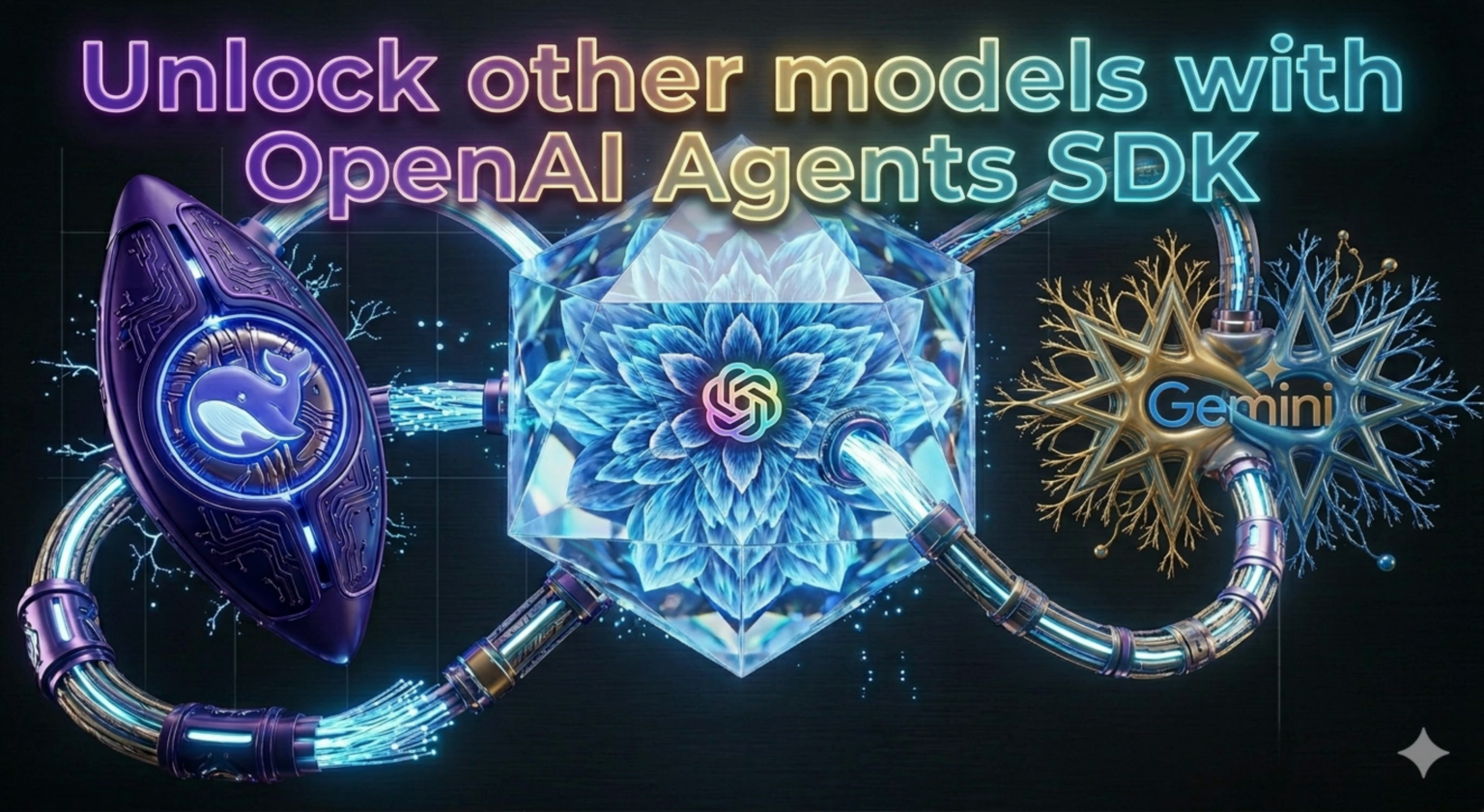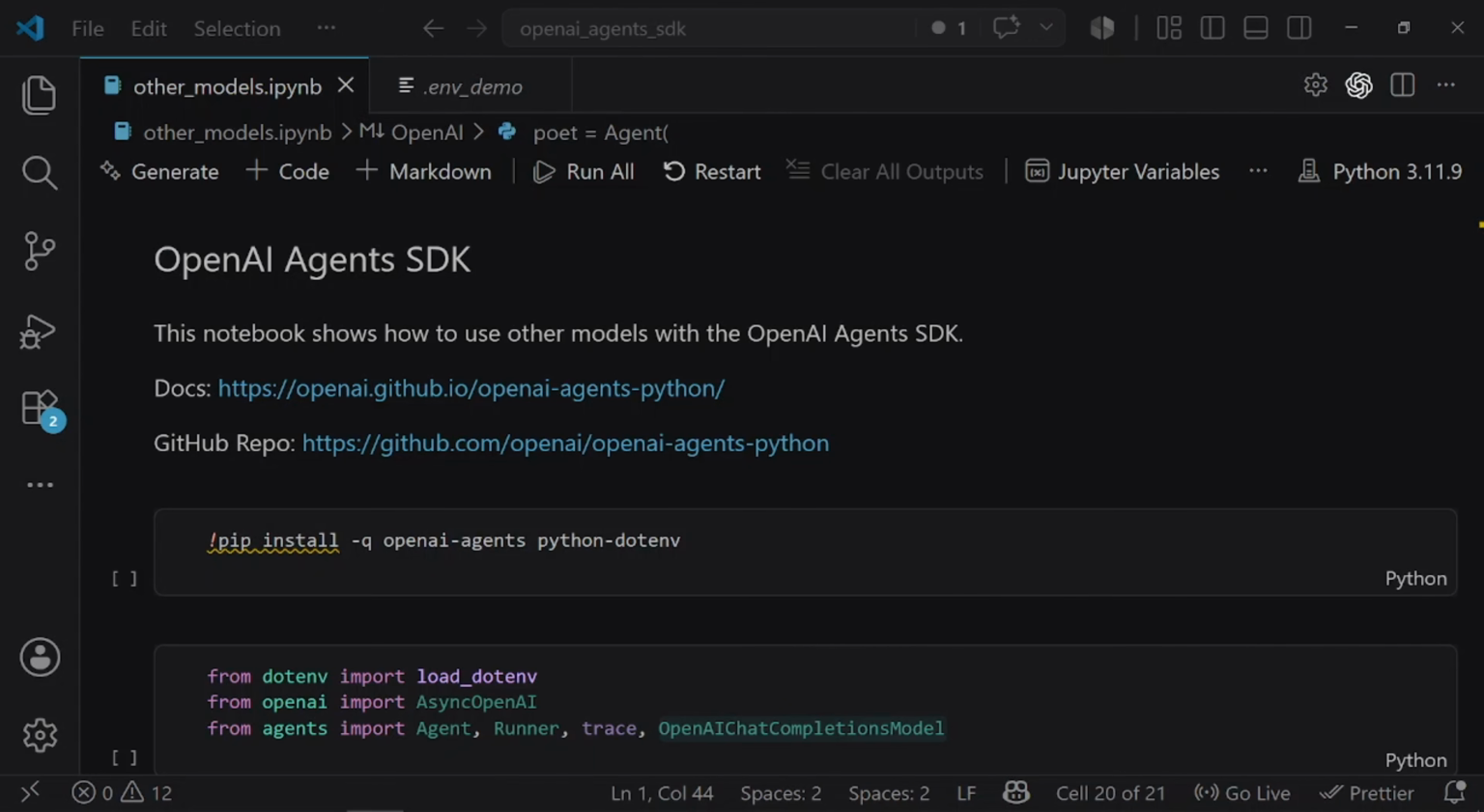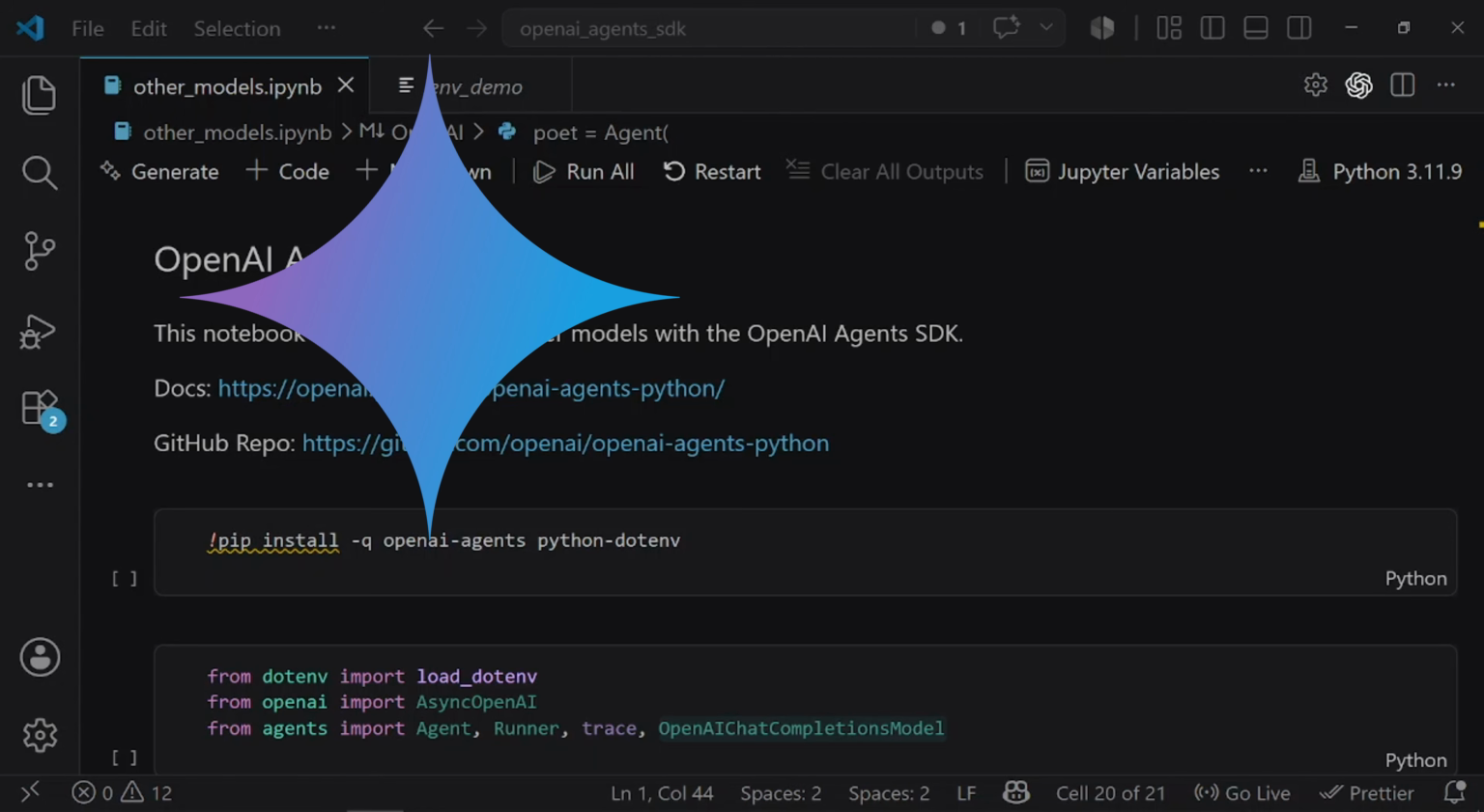Today, I am excited to share with you yet another thing that I've learned about the OpenAI Agents SDK framework. Today is all about how to use this framework with non-OpenAI models. So, for example, today I will show you how to use this framework using a Gemini model and a DeepSeek